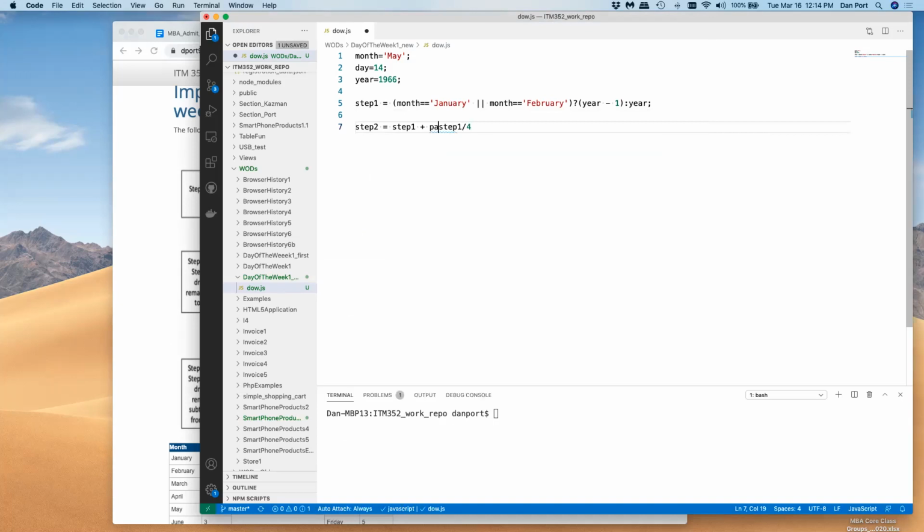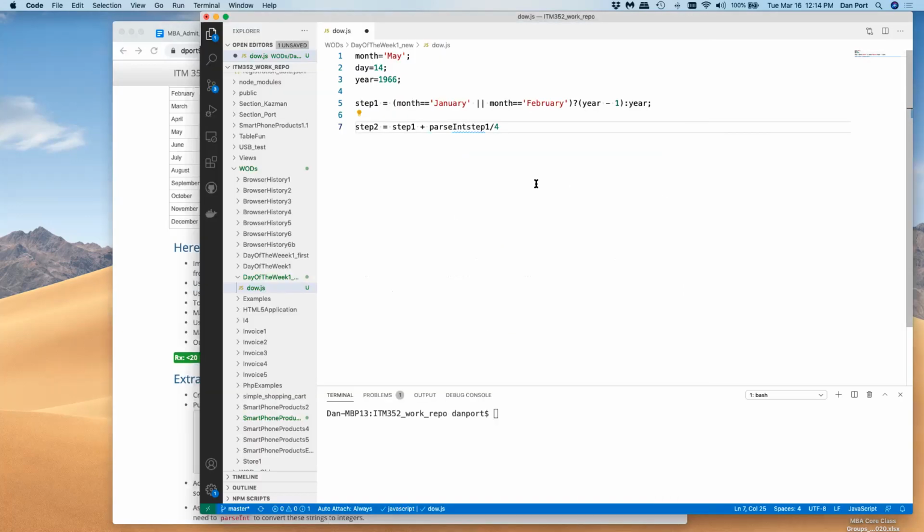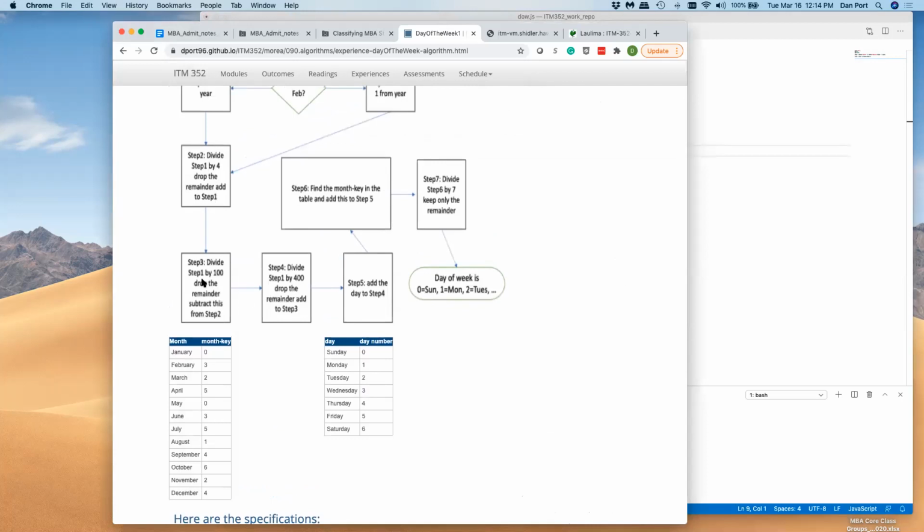So I'll just do a parseInt. I think it's spelled parseInt. Yes, parseInt divided by 4. Okay, so that's taking step one divided by 4, dropping the remainder, keeping only the quotient, and then adding it to step one. That looks good. Okay, so step 3, following this algorithm, is divide step 1 by 100, drop the remainder, and